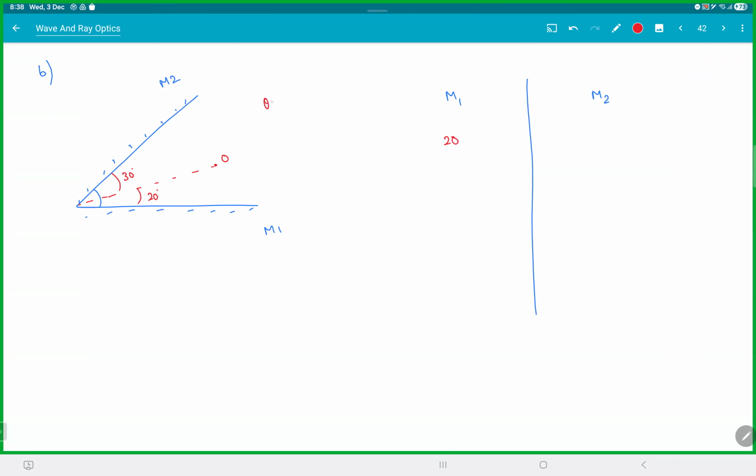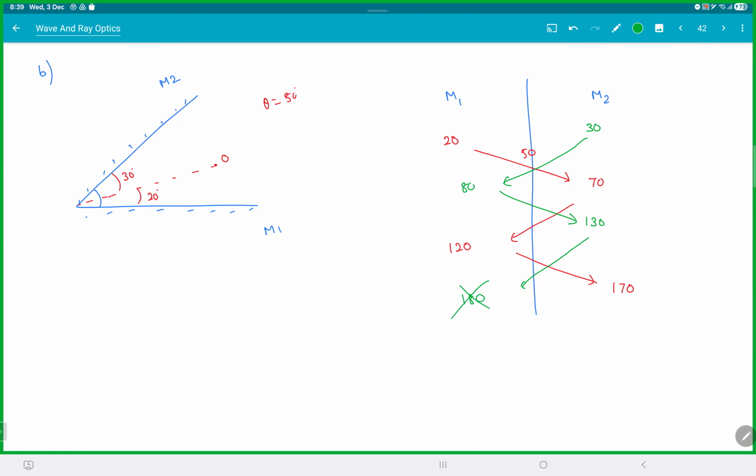So we have M1, M2. So where is the first one here? 0, theta. So 20, and theta here is 50 degrees. I'll tell you what it means. So add 50 to this, it becomes 70. Add 50 to this, it becomes 120. Add 50 to this, it becomes 170, and you stop once you don't exceed 180 or equal 180. You stop here. Similarly here, this is 30, add 50, this becomes 80, 80 becomes 130, 130 becomes 180,